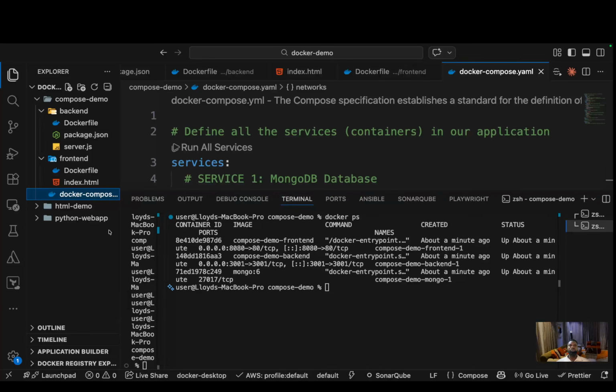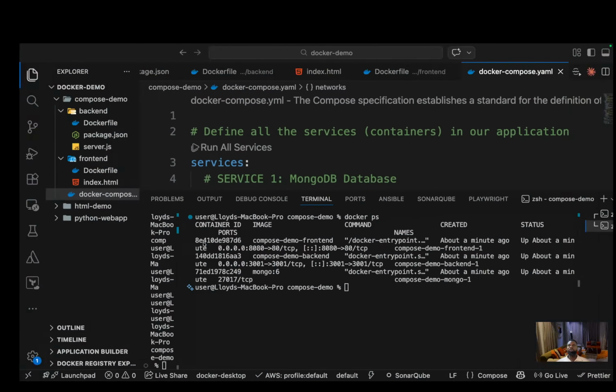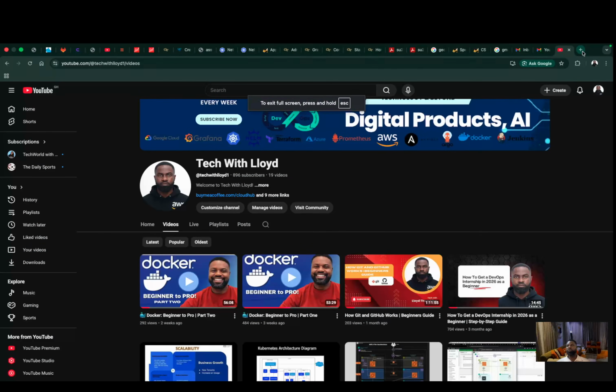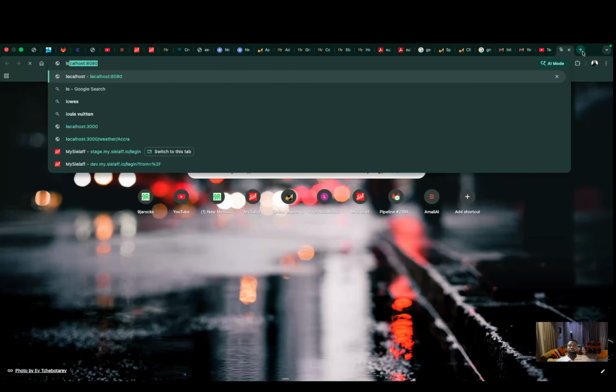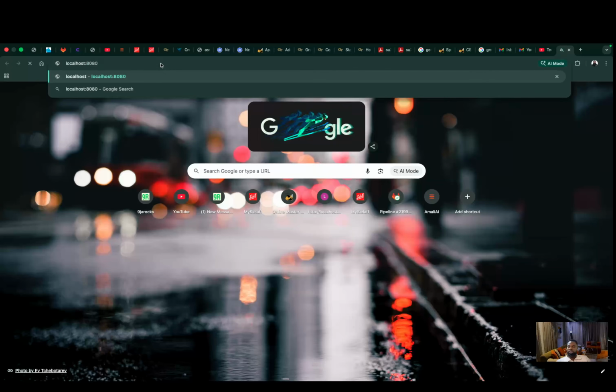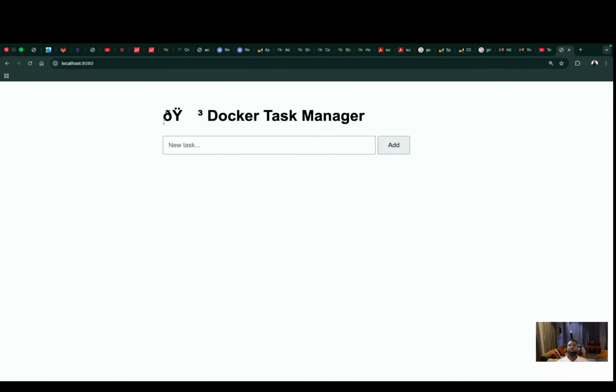So now we can go to our URL. We can go to localhost port 8080. And so this is our application, Docker Task Manager. So let's create some tasks. Say, refactor code tomorrow. So let's create this task, create another task,